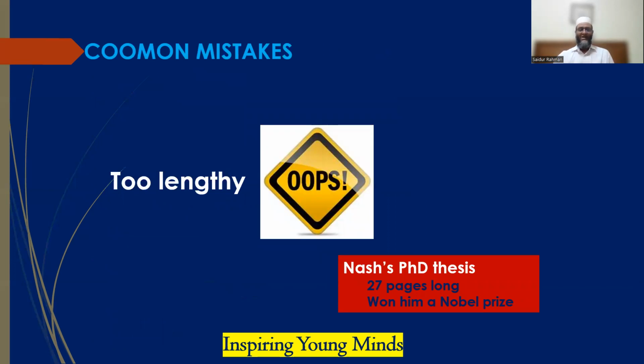Sometimes the problem, as I highlighted, is that the length is too much. So it does not work, and it is also not an encouraged thing in scientific writing. Normally, it should be precise and concise. So don't try to write lengthy things. As you can see, Nash's PhD thesis was only 27 pages. In some universities around the world, they only allow original findings, main findings. Other work and literature are not allowed. And nowadays there is also thesis submission by publication, again to restrict so much writing and avoid so much length.